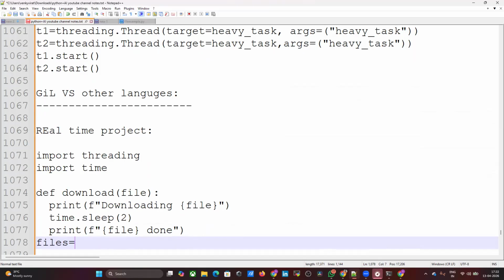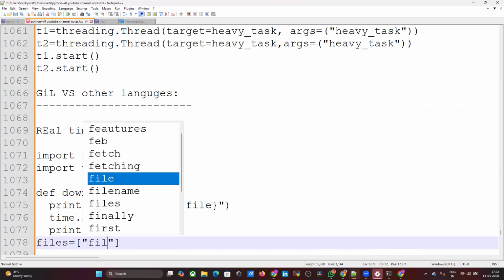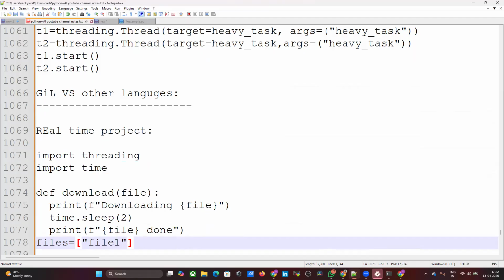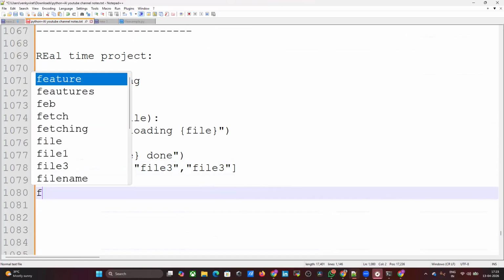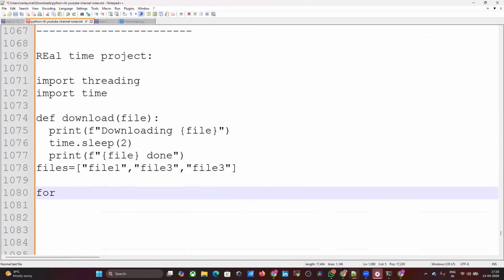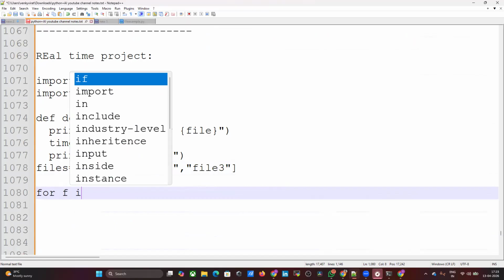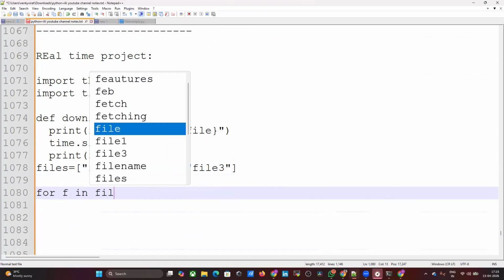Files equals file 1, file 2, next file 3. You can add multiple files. For each f in files,